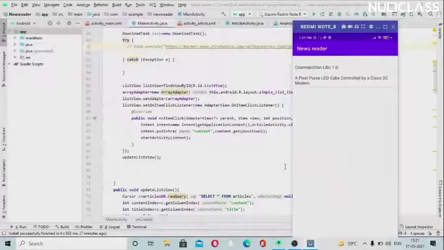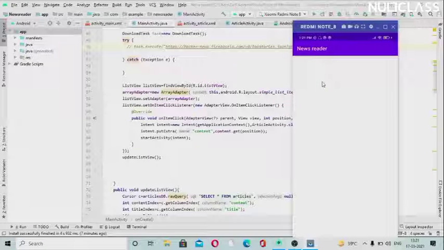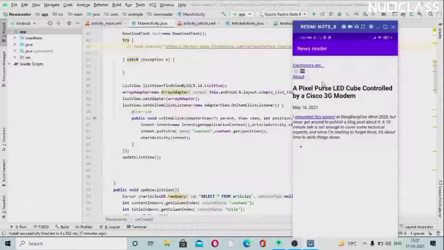So I ran it on my emulator device and then connected it to this Android device, because the alignment is better in this. We can see we have got two news. I just waited for 5 minutes, so I've got two news. Every time I run this, we will get new news. So I will click on one of these to check whether it is elaborating or not. We can see this is elaborating.